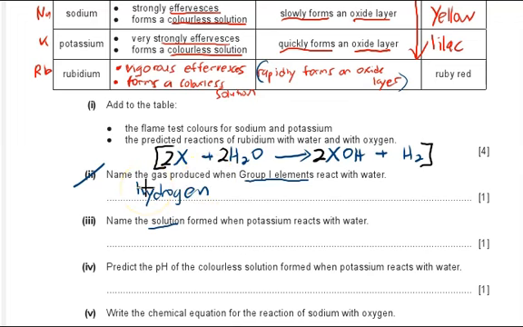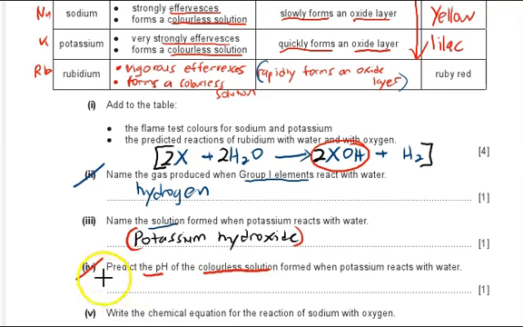Alright, so the solution formed here will be potassium hydroxide. Okay, and then this is an alkaline. Alright, this is an alkaline solution. So predict the pH of a colorless solution, which is this. So you can answer anything that is above 7. So let's say we just make it like 9. Okay,